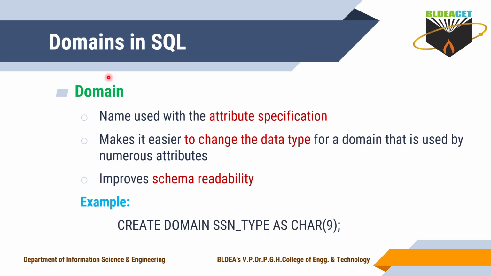That is what we call domains in SQL. Based on the attribute specification, you can create your own data type. If you want to change the data type of the attributes according to some specification, that is possible, and that is what we call a domain in SQL. Is it clear now? Okay. So this is about attributes and domains in SQL. SQL stands for Structured Query Language.